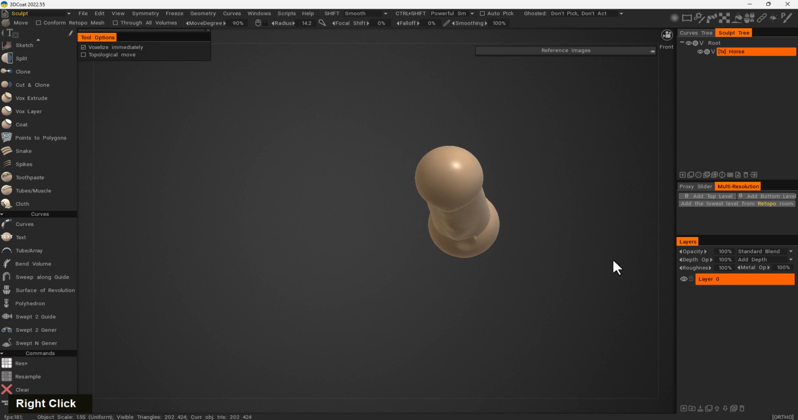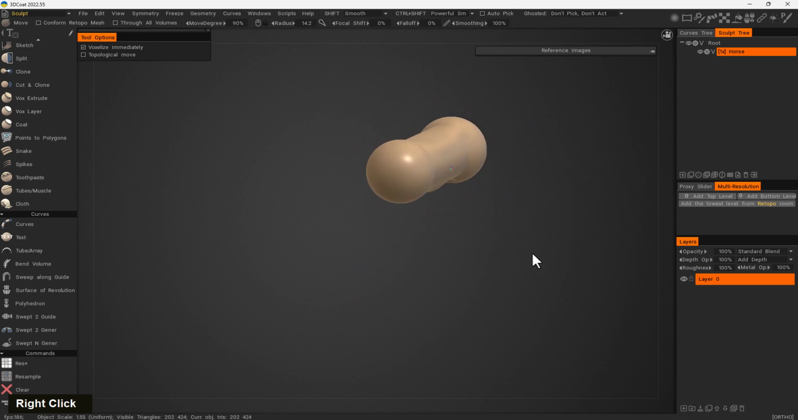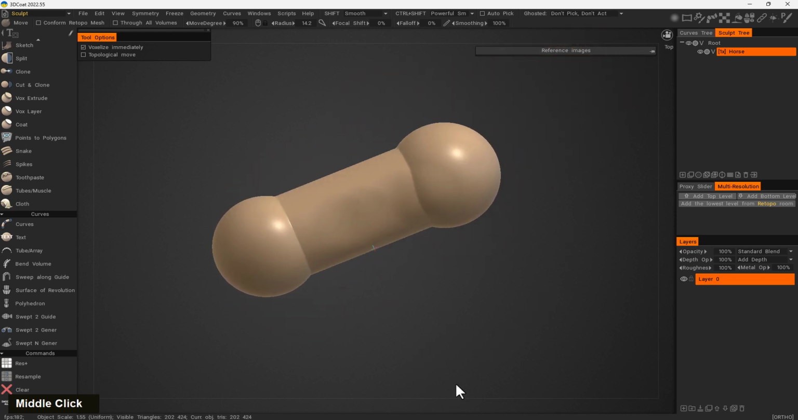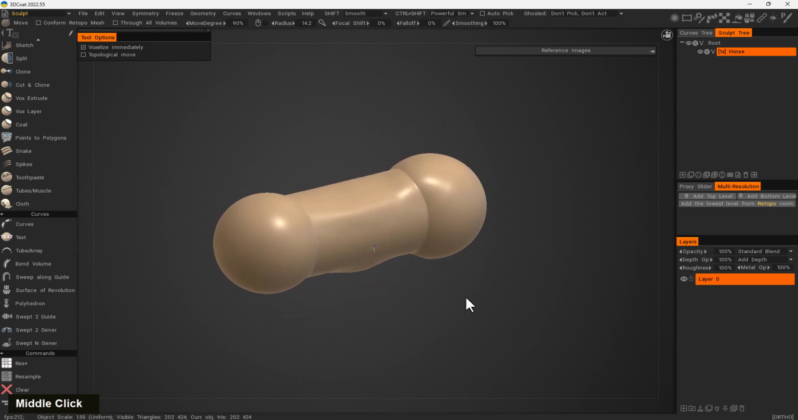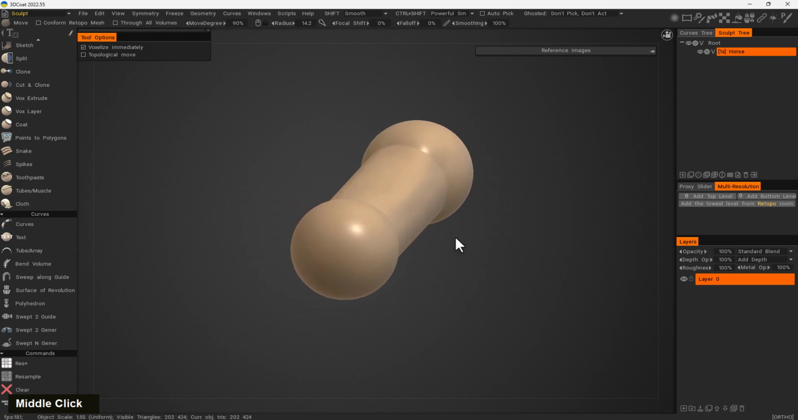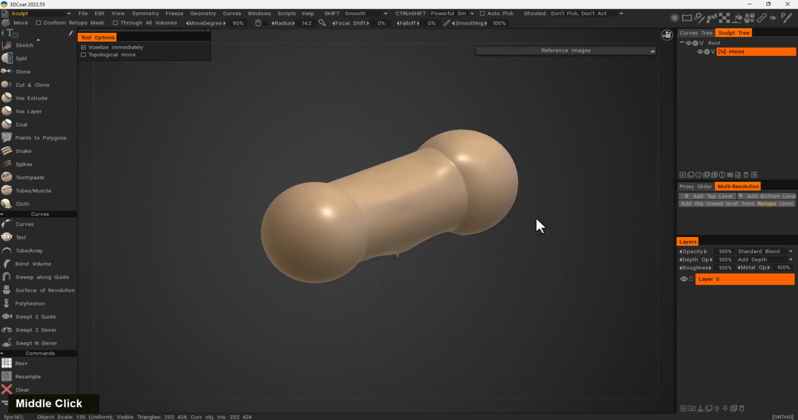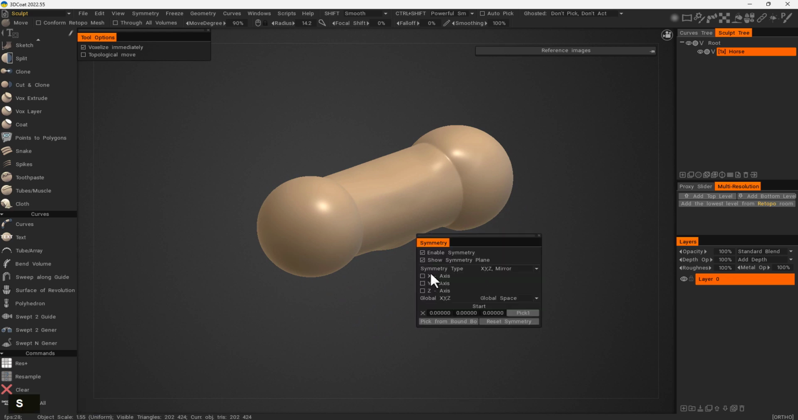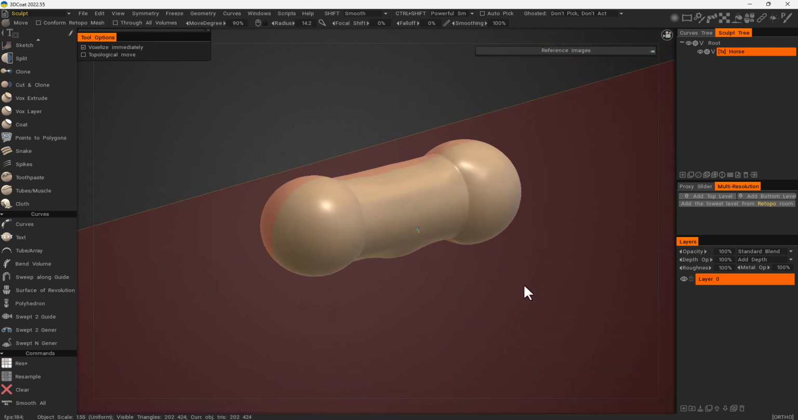As you can see, I made a change, but in one side of the model. Why? Because I'm not using the symmetry function. But don't worry, we can copy the one side to the other side. So to do that, first of all, enable the symmetry. How? By hitting S and use the X symmetry. All right, now